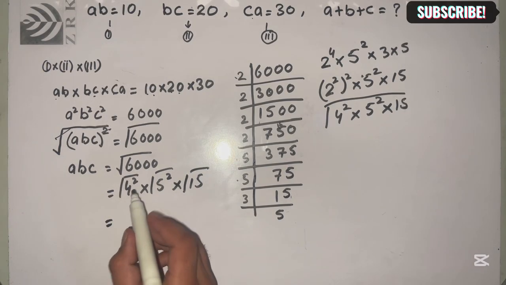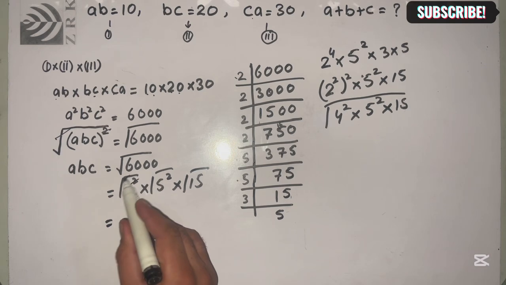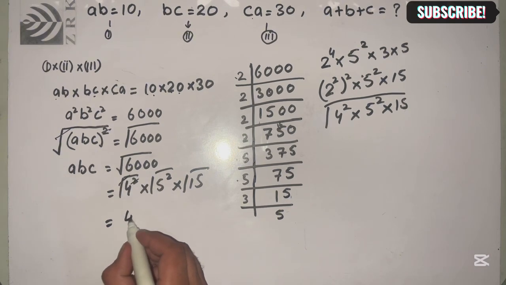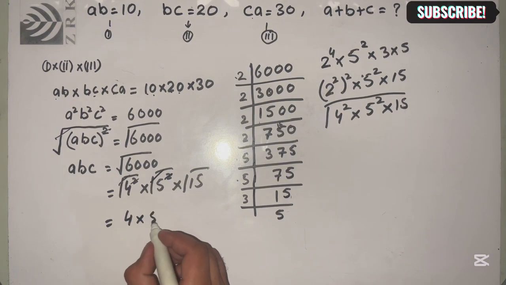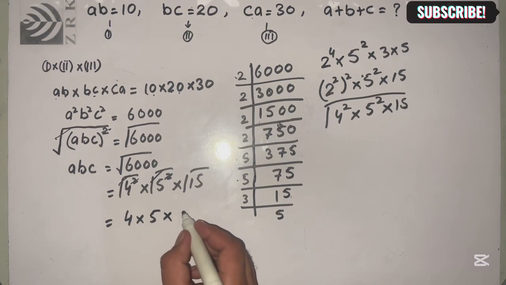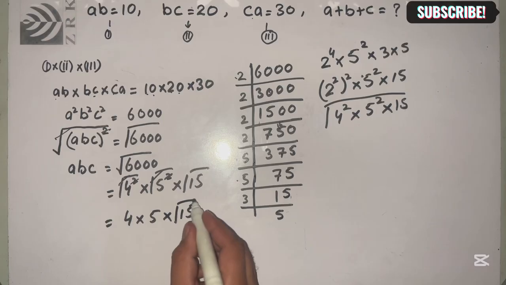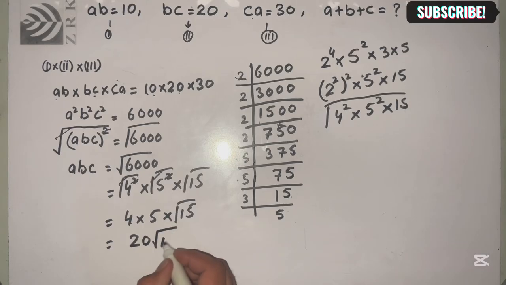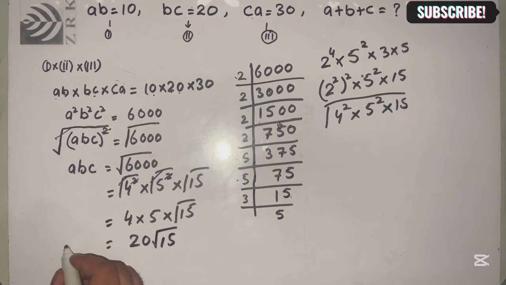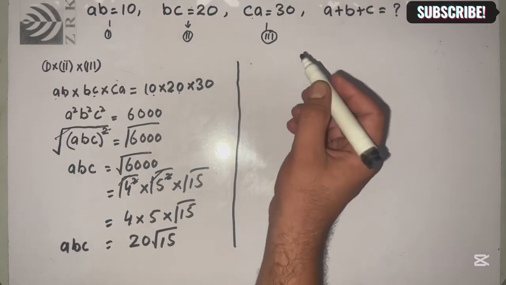which can further be written as 2, and square root will cancel each other, and this will be 4 multiplied by here. The same thing will happen. We'll get 5 and multiplied by this will be 15 square root. And you can get that 4 5s are 20. So we will have 20 times 15 square root. And this is the value of a, b, c. Next, we will solve this